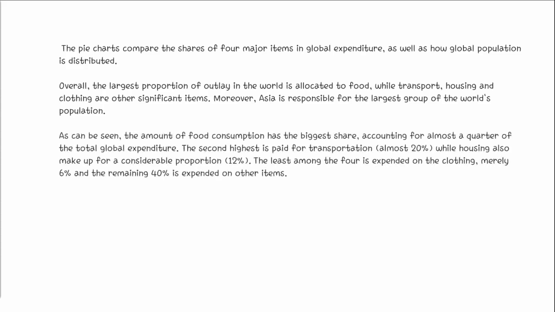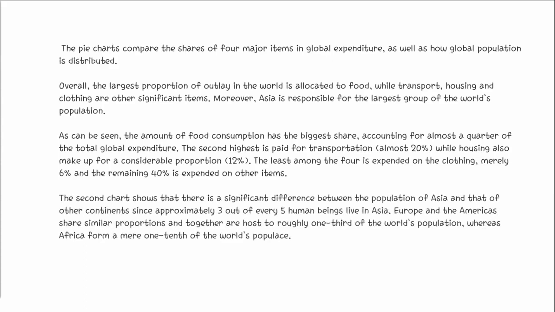As can be seen, the amount of food consumption has the biggest share, accounting for almost a quarter of the total global expenditure. The second highest is paid for transportation, almost 20%, while housing also makes up for a considerable proportion, 12%. The least among the four is expended on clothing, merely 6%, and remaining 40% is expended on other items. The second chart shows that there is a significant difference between the population of Asia and that of other